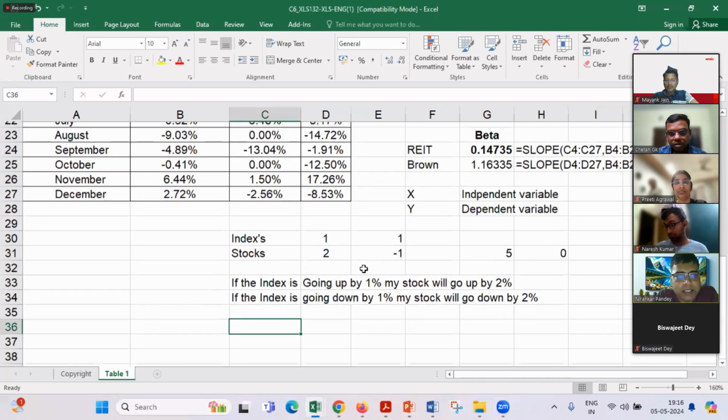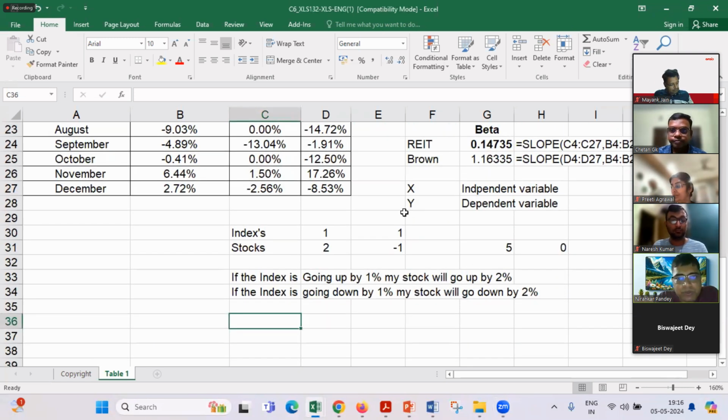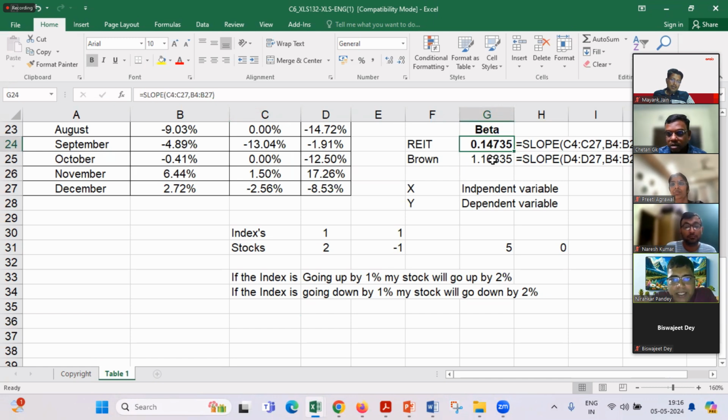If you see the index and the stock relations, the scaling factor is 2. Coming to the REIT, a scaling of 0.14 means if the index goes up by 1%, the stock goes up by 0.14.